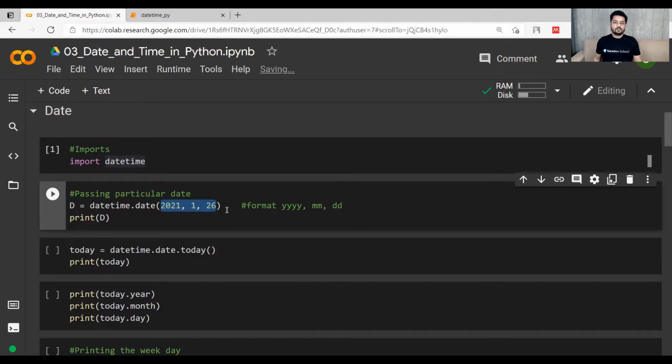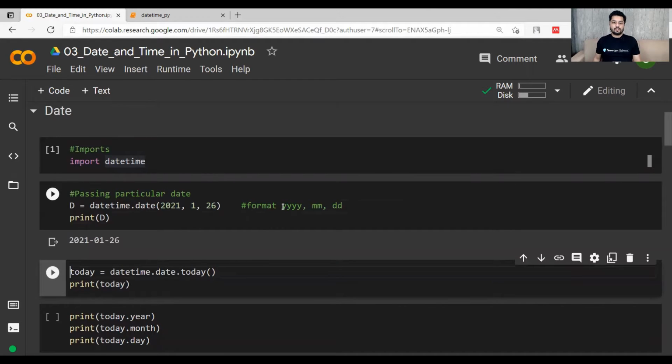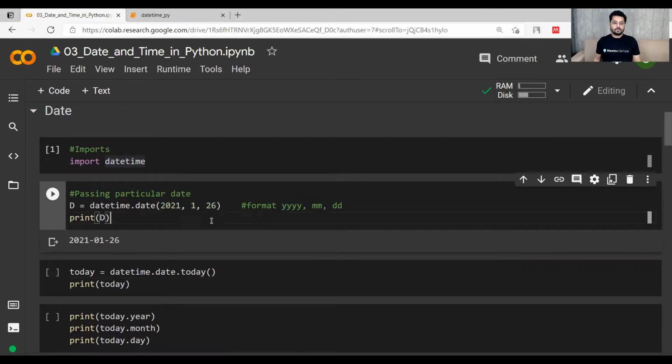So it's on you which date you want to put here, right? So let's put this as 26th of January 2021. Let's print the date and it will be printed in this format of year, month and day. Notice that we had only given here 1, not 01 as the input. You have to take care of this while giving the date. And during printing, it will automatically take care of that 0, which was not given here.